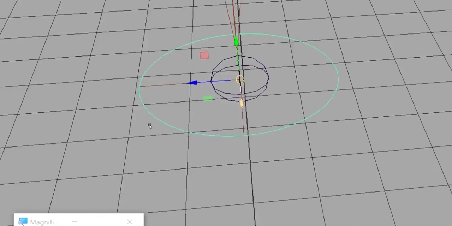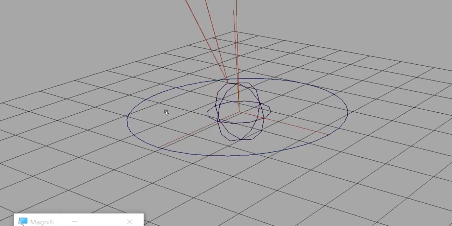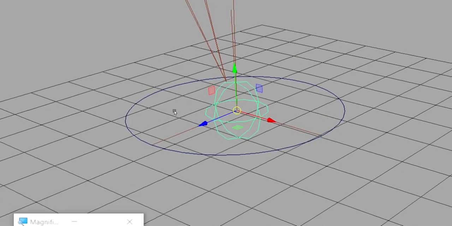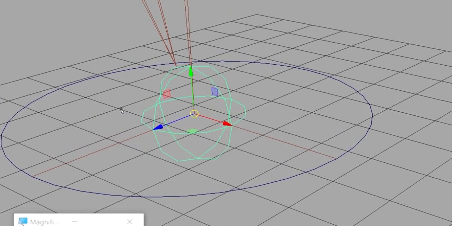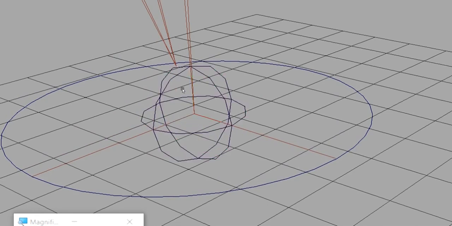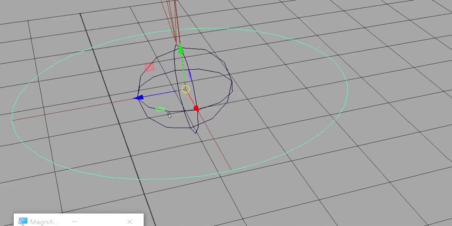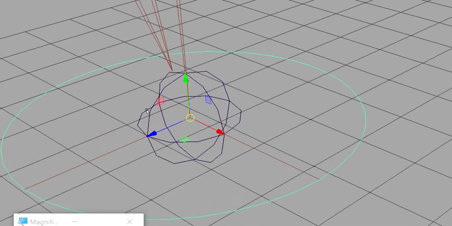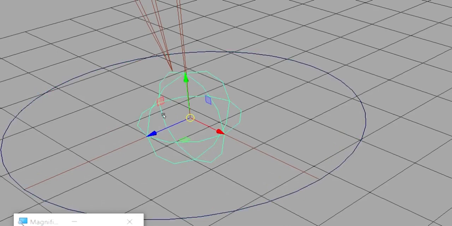See, now if I select this joint, the pivot point of the joint is exactly in the center. That is its original pivot. And now if I select this control curve, the animation controller, its pivot is also taking the same value of the joint.